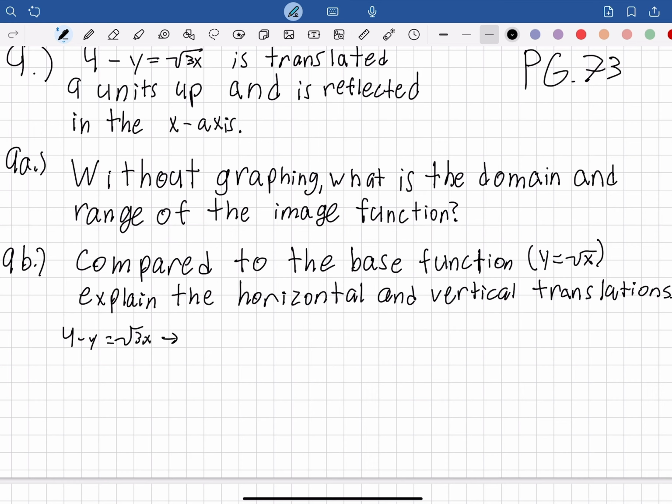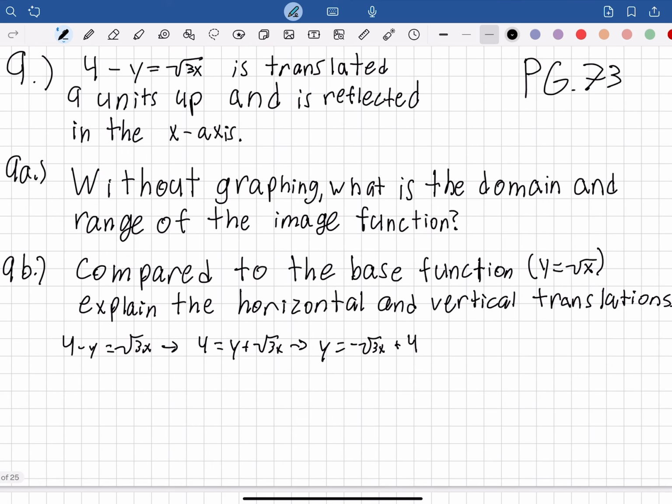So that's just going to turn into 4 is equal to y plus root 3x, which means y is going to be equal to negative root 3x plus 4. Now we're going to apply our transformations in order because it's written. So it's translated 9 units up, which means this is going to be 9, and it's reflected in the x-axis. So we get y is equal to negative root 3x plus 13 after that transformation,